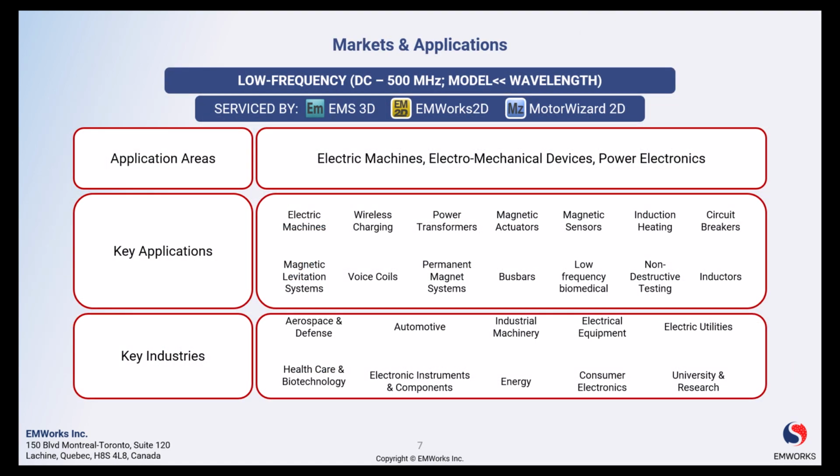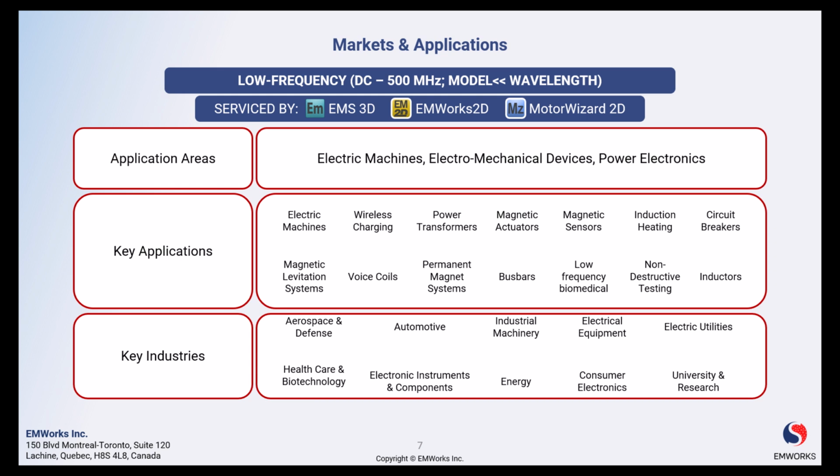EMWorks targets two primary segments, low frequency and high frequency simulations. For low frequencies, EMS 3D, EMWorks 2D, and MotorWizard are ideal for electric machine design, actuators, sensors, transformers, and other electromechanical devices. Key verticals served include aerospace, automotive, industrial machinery, energy, and consumer electronics. On the high frequency side,